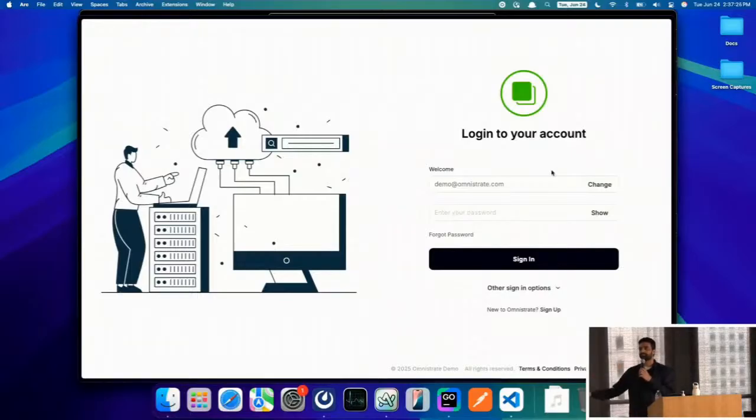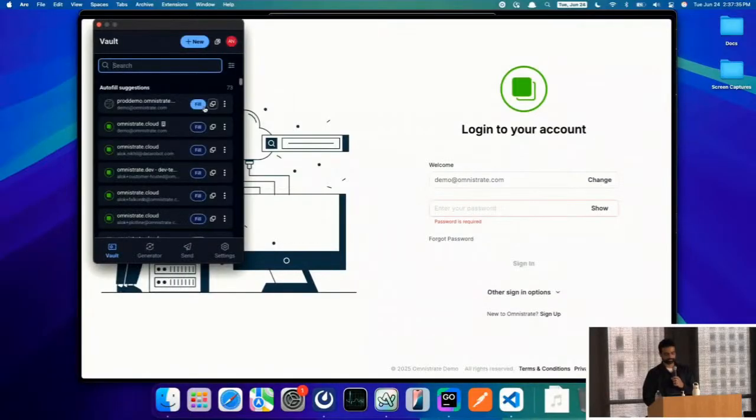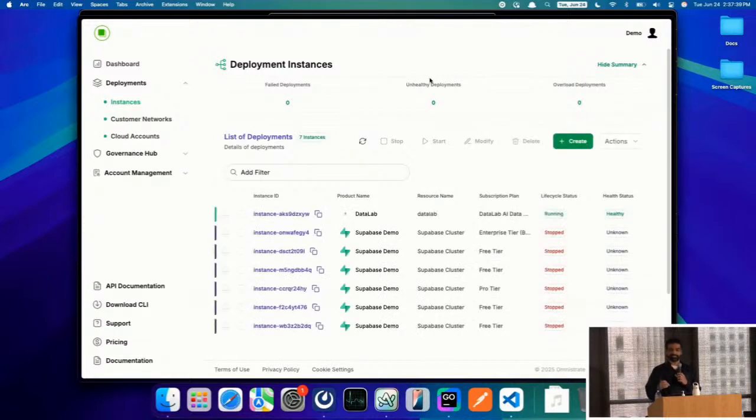Let's say you list this in the AWS marketplace, or you distribute the URLs or the endpoint itself to your customers, right? So I'm going to log in as one of the users here, who is a user of Data Lab. And as you can see, I'm talking specifically from a PaaS perspective. What they get out of the box is a self-serve portal where they can go in,